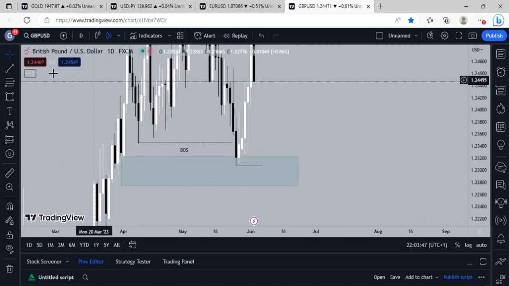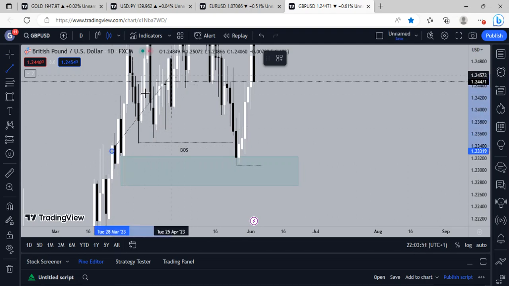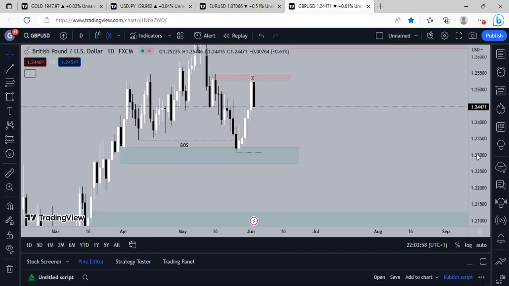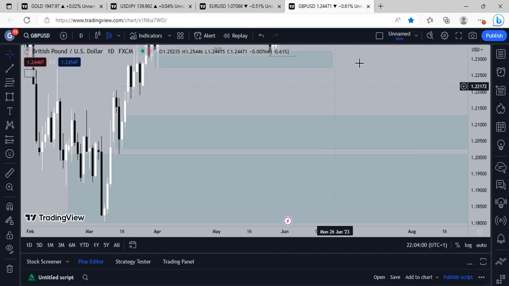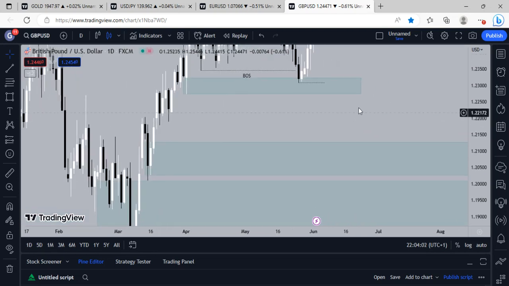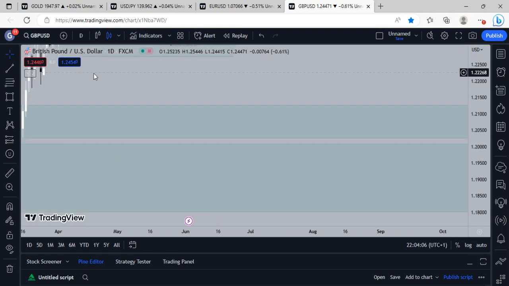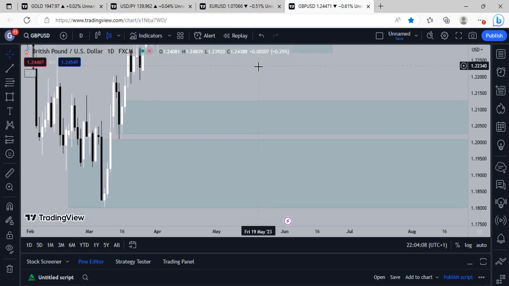And then the rest above here, the rest of the weeks of the year, have obviously been taken out already by price. So that is basically our setup for GBPUSD so far, okay, that is our setup so far. And